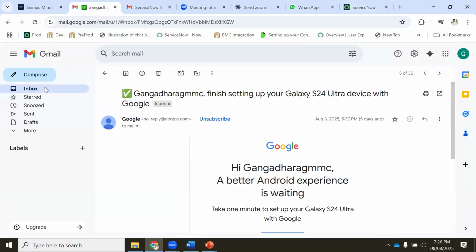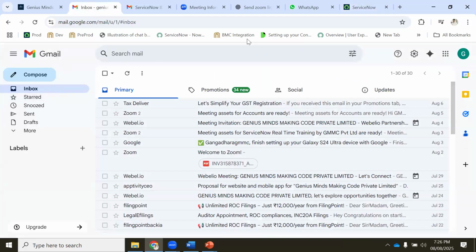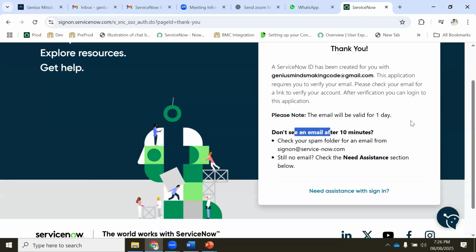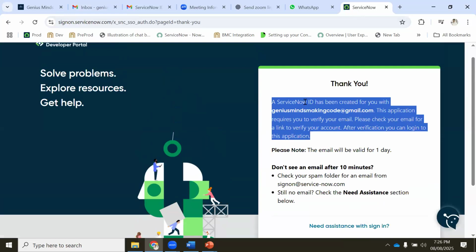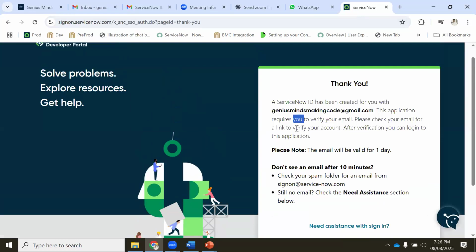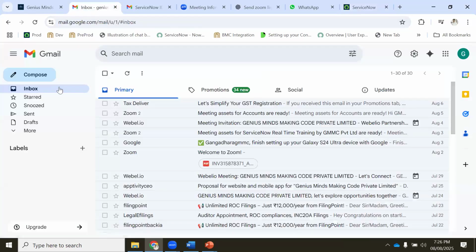So they were saying you will receive an email. The account has been created, but the application requires verification. Please check your email ID.